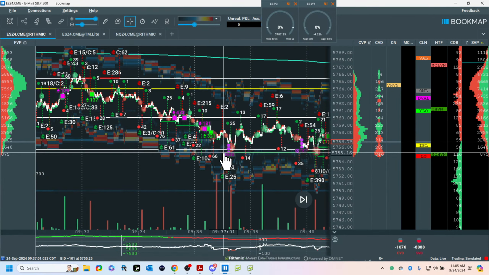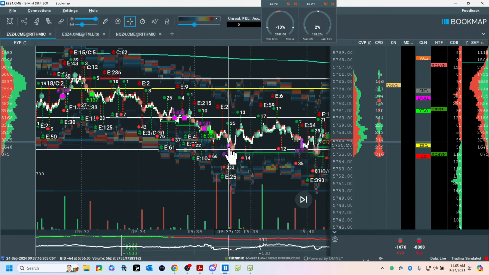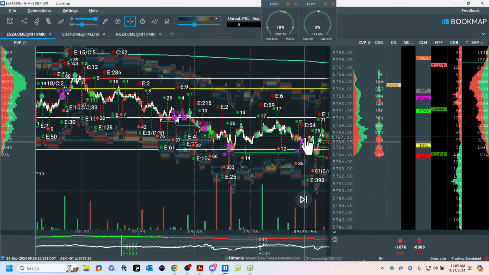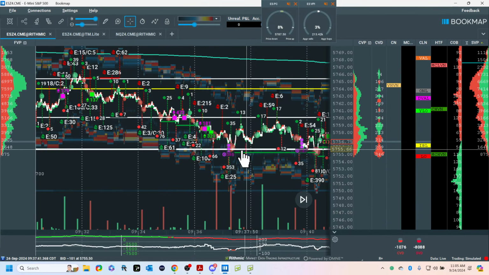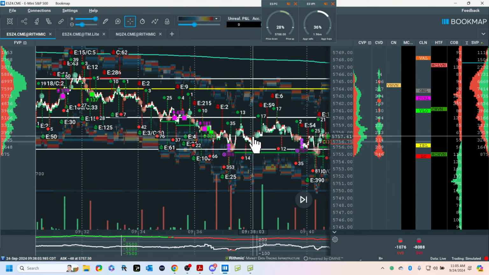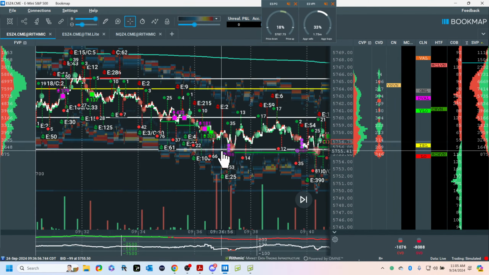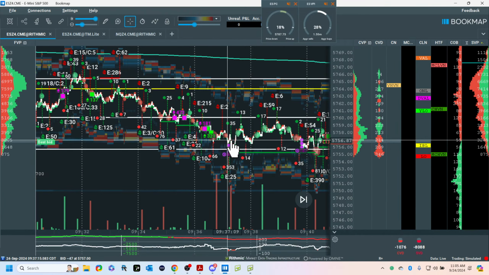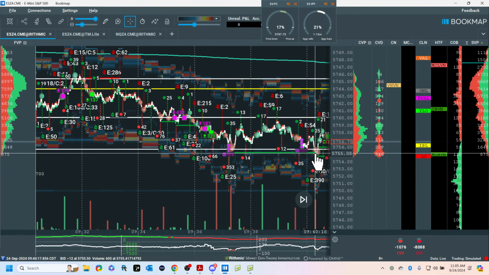Now, I always say in the Trader Lab, and I'm going to say it here for all you guys, we had buyers here. Would you agree? Let's assume you're going to agree. That's why the market rotated up. I have buyers here. I get my sellers again, and they take this out by a couple of ticks. If I get long here or here, my stop cannot be under this low. It has to be further outside.